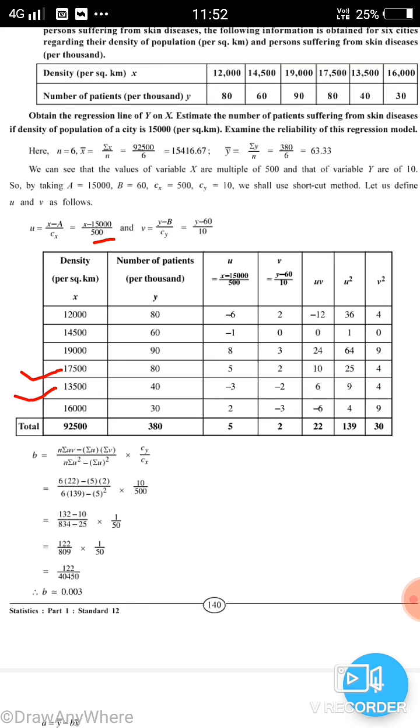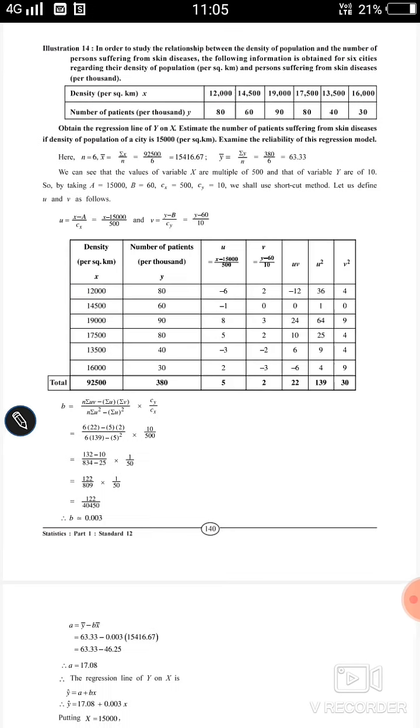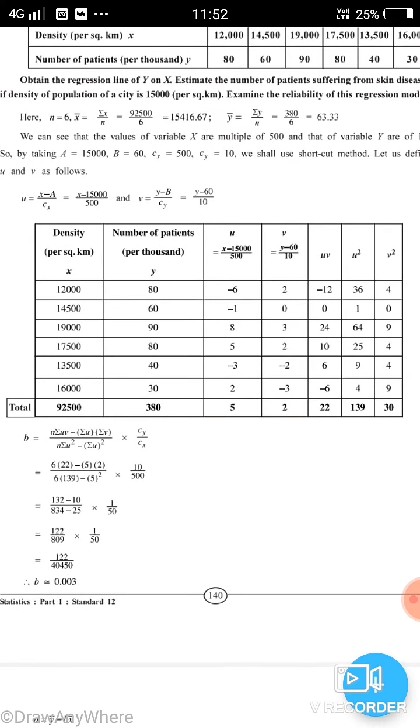Now in the y axis, 63.63 comes, so they have taken average 60, right? Nearby the 63, that 60 comes, so they have taken 60, also given over here. Now in further assumption, you can assume any of the values from the given data, or you can take a value nearer to x bar, y bar also. Your answer will come the same if you assume any value. Now, we already know how to solve this method, so by putting all the values, they have found this answer.